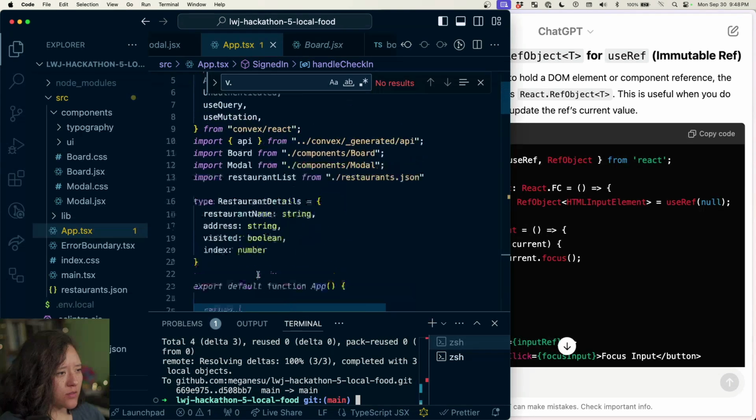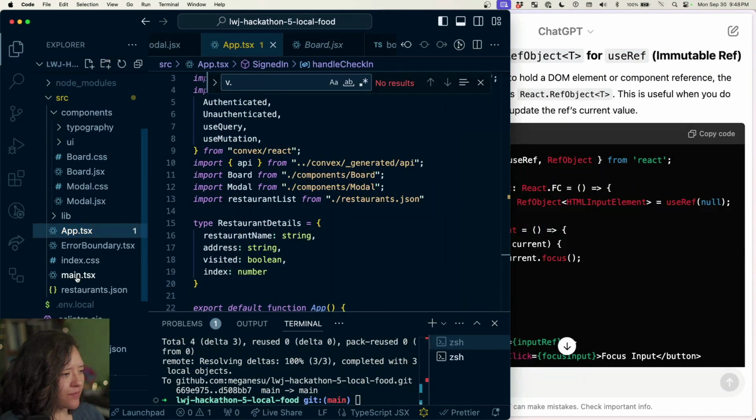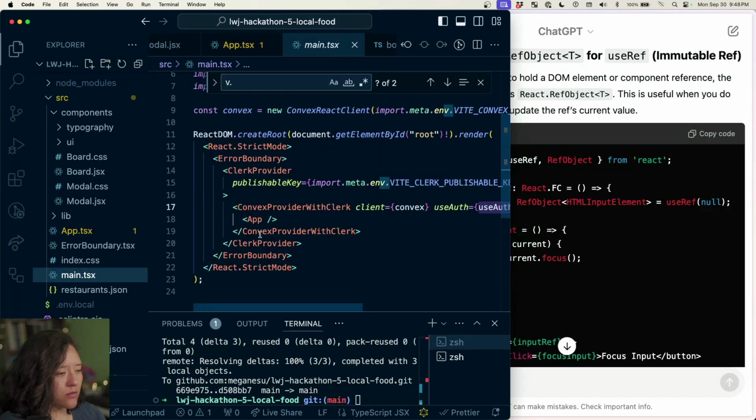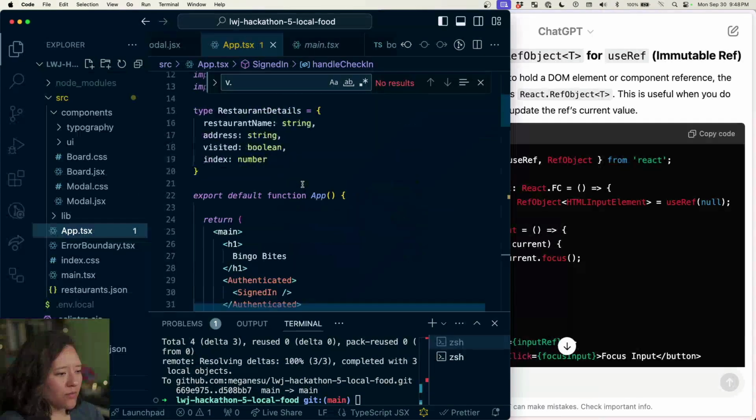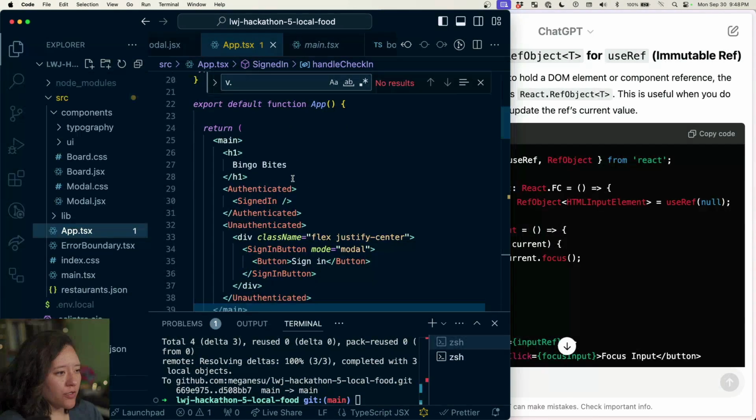What do I want this to look like? I guess maybe it's inside of the main. So we can just put the main layout here. So inside of the app, well, I guess really it should be inside of the app, right? Like I want to return,